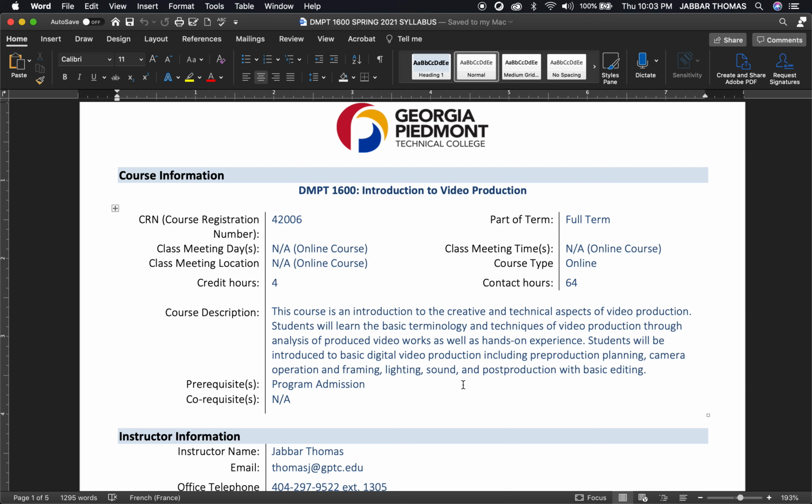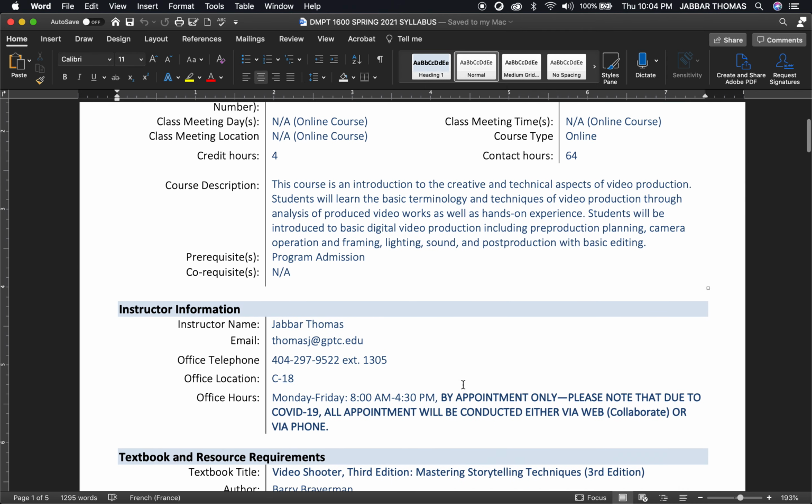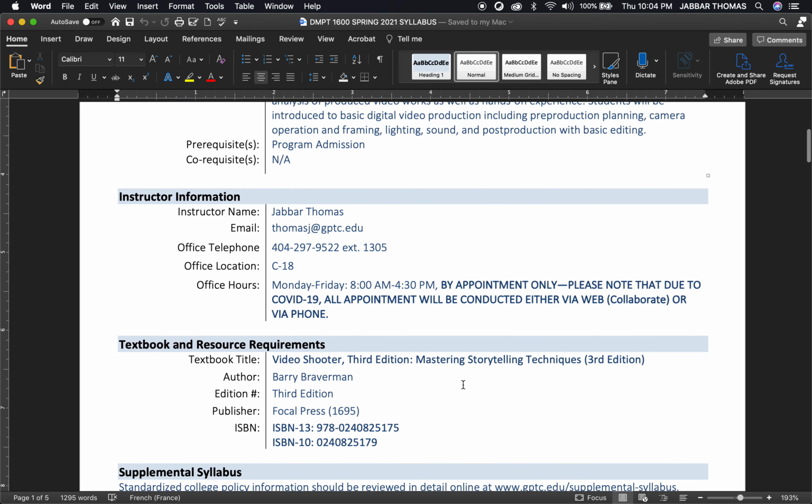Just as a course description, this course is an introduction to the creative and technical aspects of video production. You are going to learn the basic terminology and techniques of video production through analysis of produced video works, as well as hands-on experience with your own smartphone. Students will be introduced to basic digital production, including pre-production planning, camera operation, framing, lighting, sound, post-production with basic editing. Now that's very,